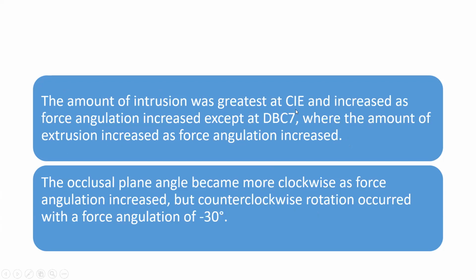And the amount of intrusion that was produced in this study was greatest at the central incisor edge, and this gradually increased when the force angulation was increased from -30 to +30 degrees. Whereas in the case of the distal buccal cusp of the second molar, there was extrusion. There was extrusion of the second molar, and also the occlusal plane at -30 degrees